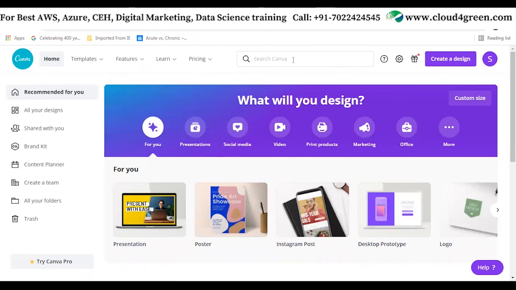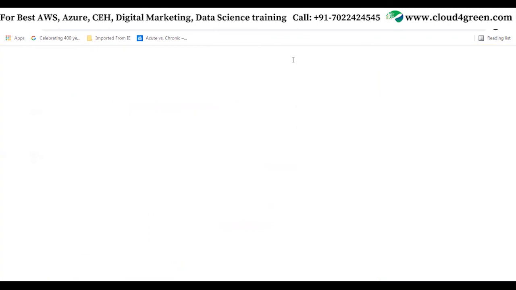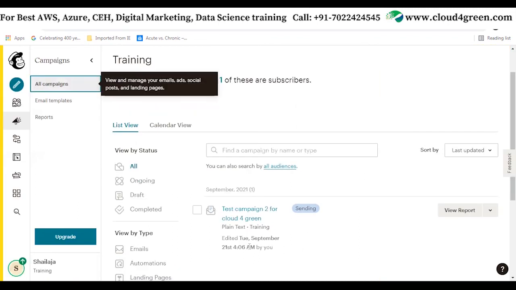Okay, and you can use that in MailChimp. So this is how the mail campaign can be composed and sent using MailChimp.